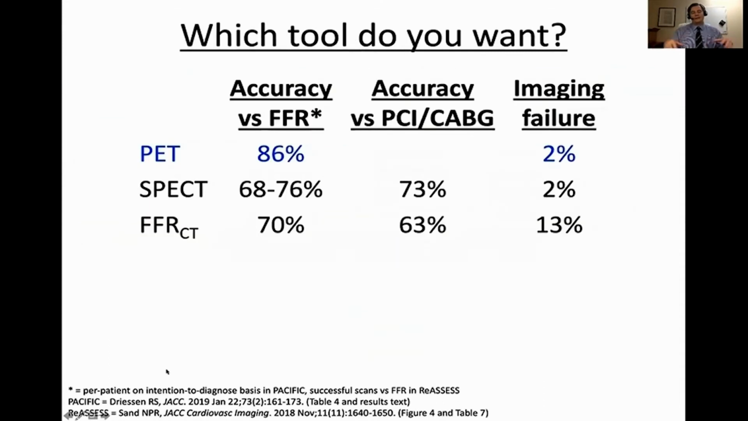So coming back down to this, I would take all that data that we've been thinking about and summarize it as follows. And this brings together the reassess study, it brings together Pacific and also forecast. When we look at imaging failure, it's clear, not just from these studies, but from a lot of other studies, that the contraindications to FFRct or just CT angiography in general are greater than they are for PET or SPECT